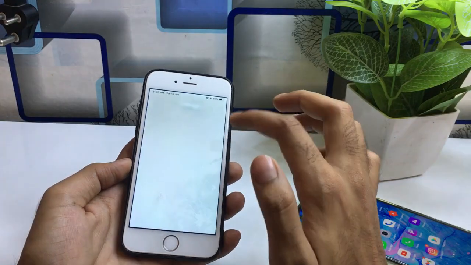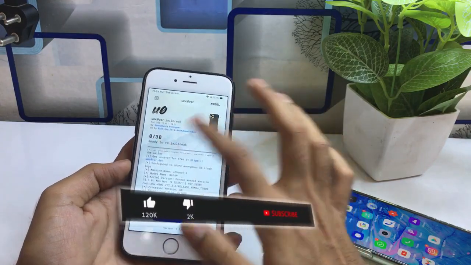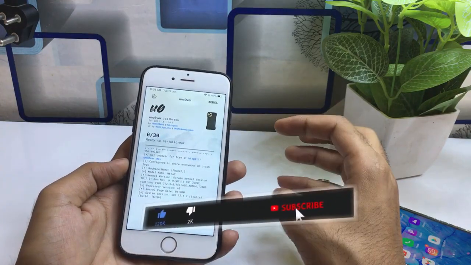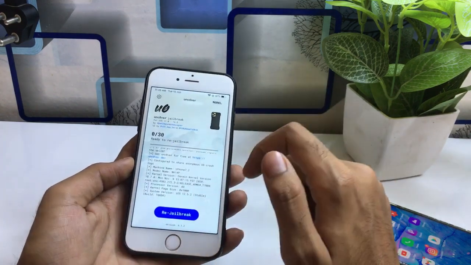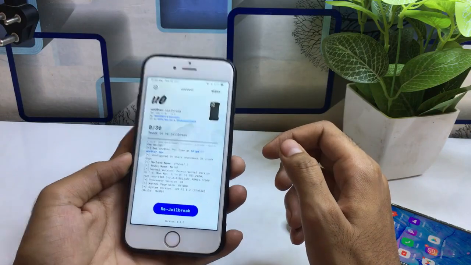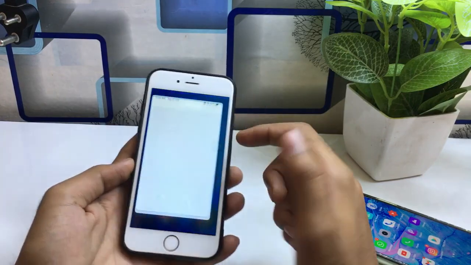I have already made a video on this topic, on how you can jailbreak your device with the help of the Encore application. If you have not watched that video, in which I explained how you can jailbreak your device without any laptop or PC, I will give that video link in my description, so go and watch it. After that, you will get Cydia on your iPhone after jailbreaking your device.